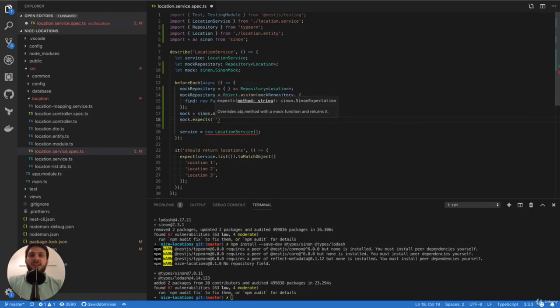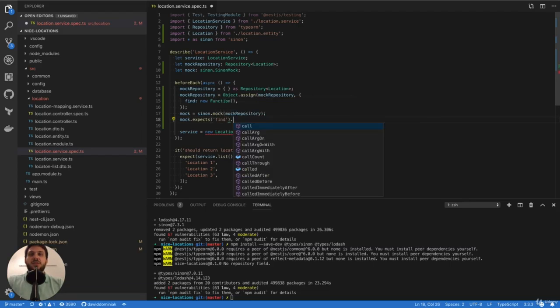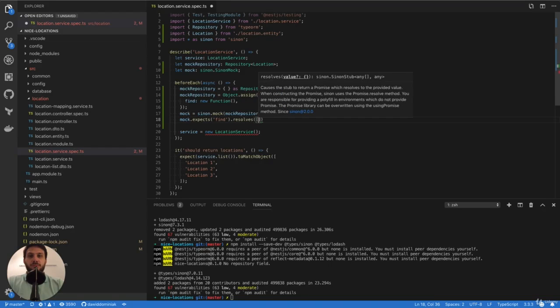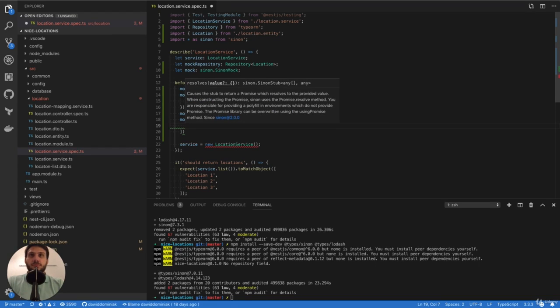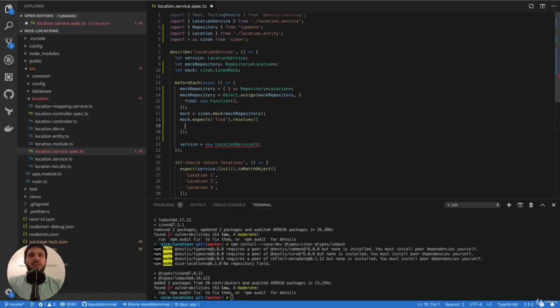As an argument, we'll use the object to be mocked. In our case, it's the mock repository. Finally, we'll create an expectation, and we'll use the method expects to create the expectation, and this is the expectation of the find method that will resolve to